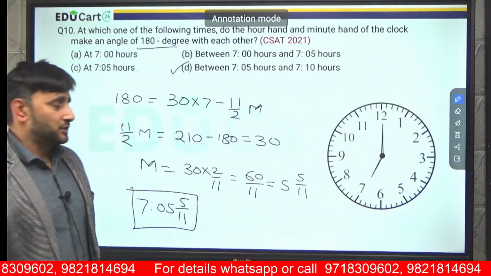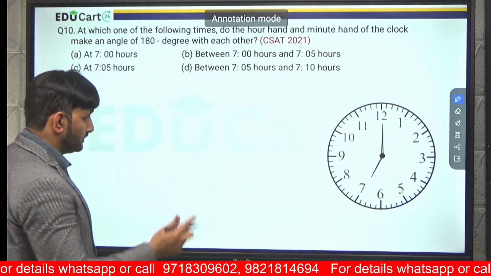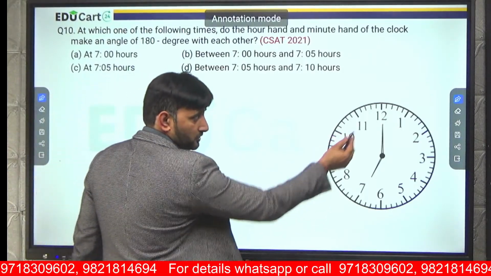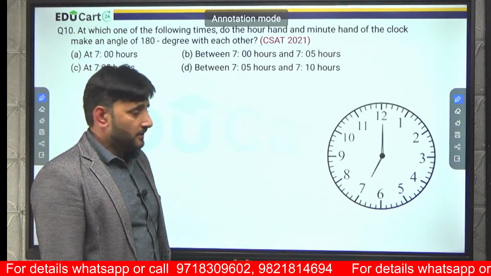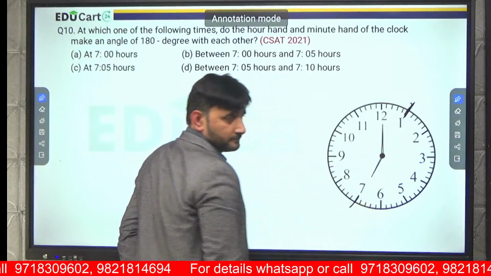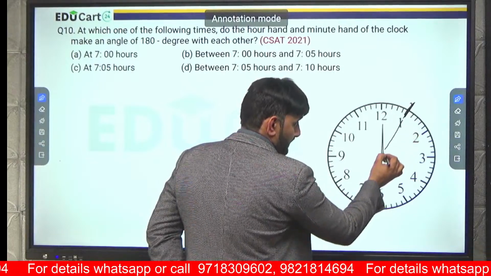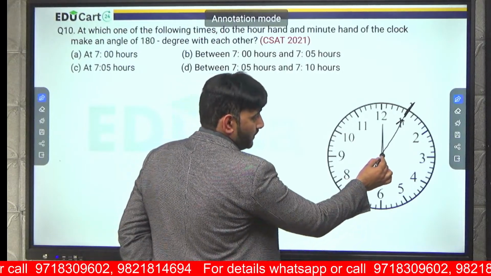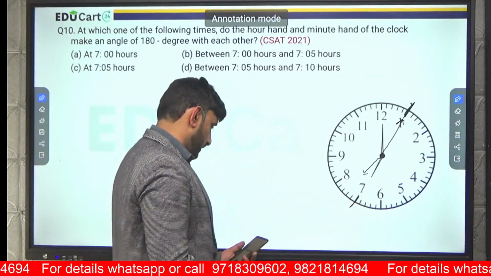Now again, because this question was asked in UPSC, so we need to have an alternate approach for this also. At 7 o'clock, can I say this will be the position? At 7 o'clock, this will be the position. Are they opposite? Are they making 180 degree angle? Nahi na beta? Because opposite to 7 is 1. Opposite to 7 is 1. But when the minute hand will reach 1, our hand will not stay here ना. जब minute hand 1 पे जाएगा तो our hand थोड़ा सा आगे जा चुका होगा बेटा. Our hand will be slightly ahead of this.